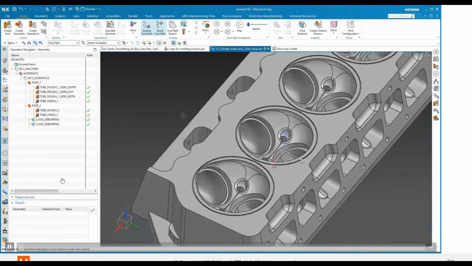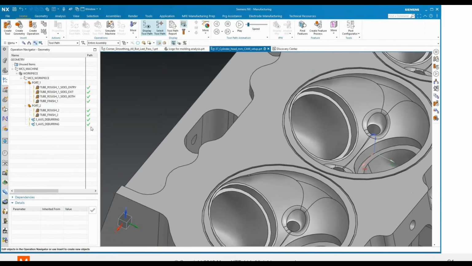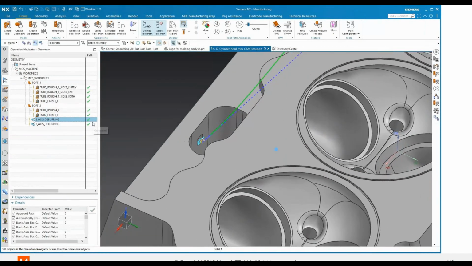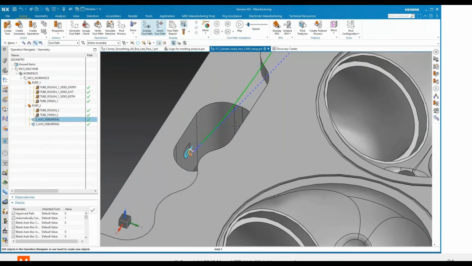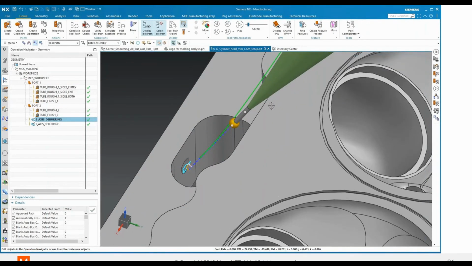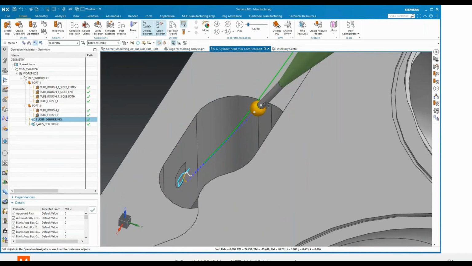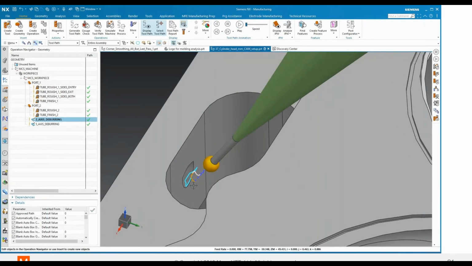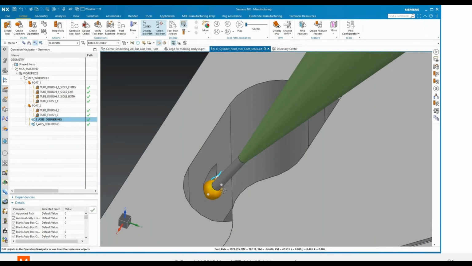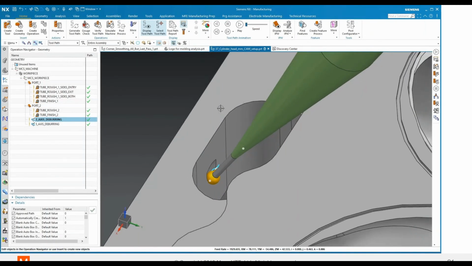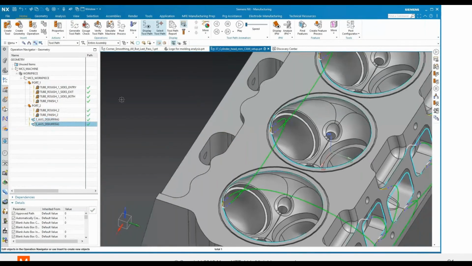We'll use the cylinder head to demonstrate our new deburring functions and start with the fixed axis or 3-axis deburring. The setup is very simple for the users. In this case, I've got a port on the backside that's tough to access, but I choose an access direction for my tool, in this case, a spherical ball end mill. And you'll see as I play this that it has no trouble transitioning from cutting on the top of the ball to the bottom of the ball. Here I'll just place the tool in a couple locations so you can see that. Here we're cutting up on the top and then deburring down here on the bottom to smooth that port surface out. Now we'll move over to the 5-axis deburring.